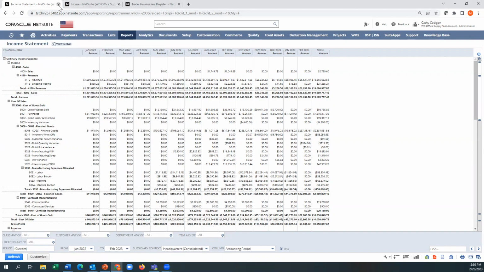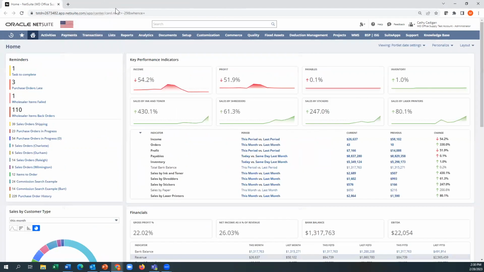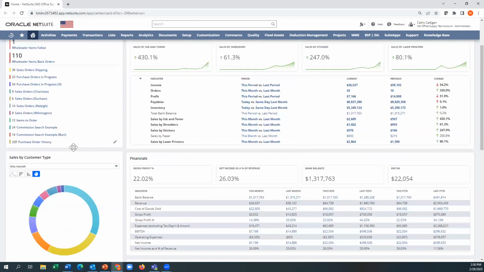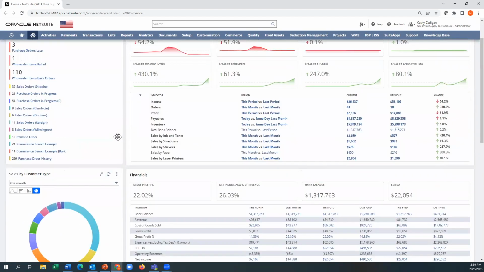So what's key here is all of that is user defined. I don't need a programmer to do that. All these drill downs here are just standard NetSuite functionality. Now, the top 4 key performance indicators are all standard. The bottom 4 here are things that I built. And this takes me to the second reporting tool, and it's called Saved Searches. Saved Searches are used to create key performance indicators, reminders. We're going to come to scorecards later.